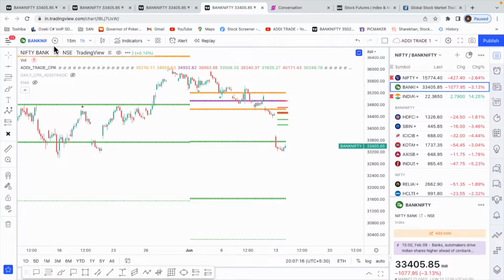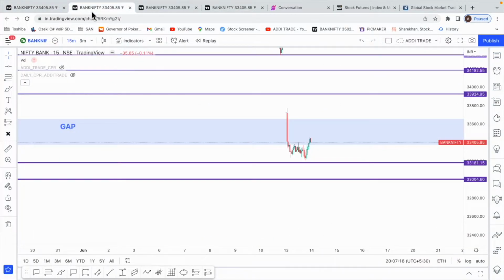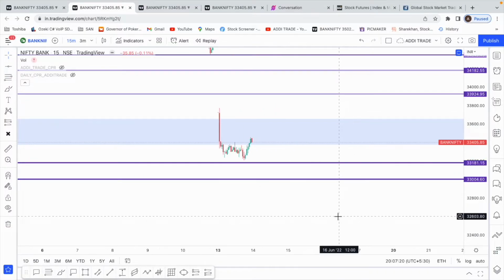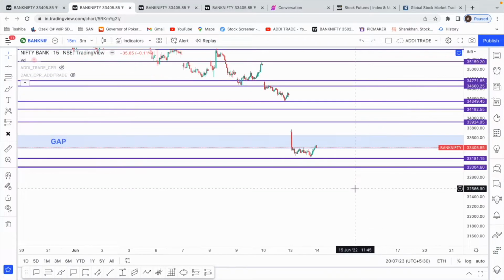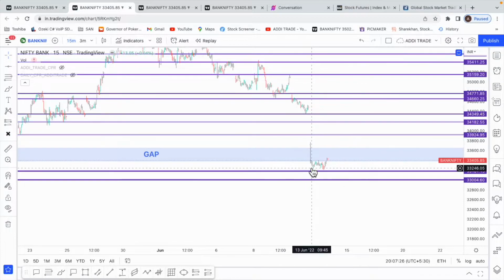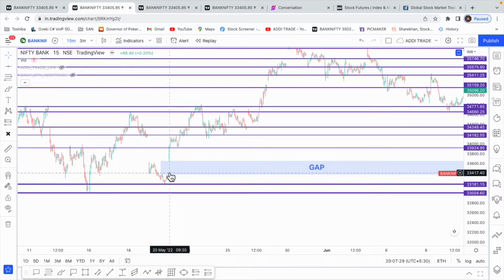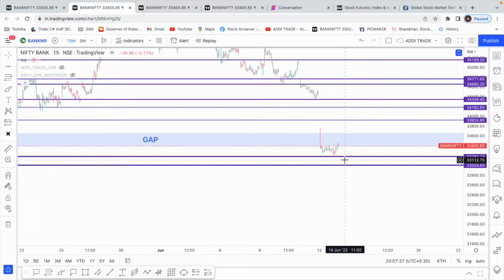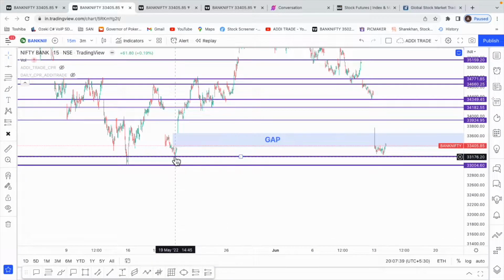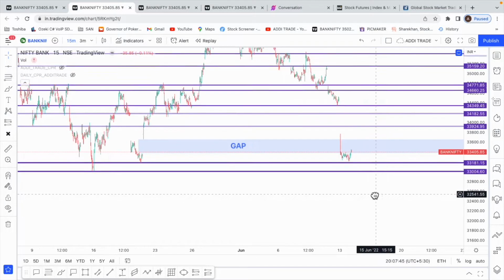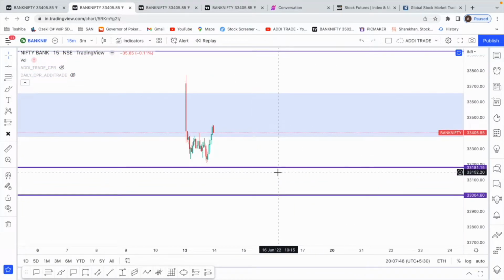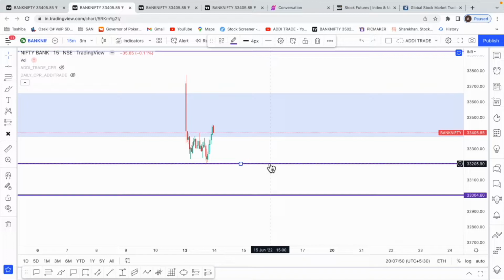Now coming to our intraday chart. See, these are the levels that I have for tomorrow. While coming down, Bank Nifty had a beautiful gap pending between 33,600 and 33,370, which got filled, and exactly we have taken support over here, where previously we had taken support at 33,170, very close to that. If this level breaks, the next level is here. I'm going to move this line a little higher. If today's low breaks, probably we'll see 33,000 for sure tomorrow or the day after.